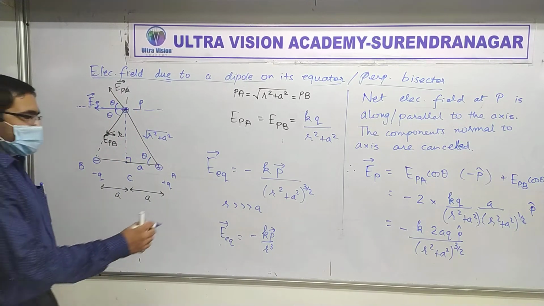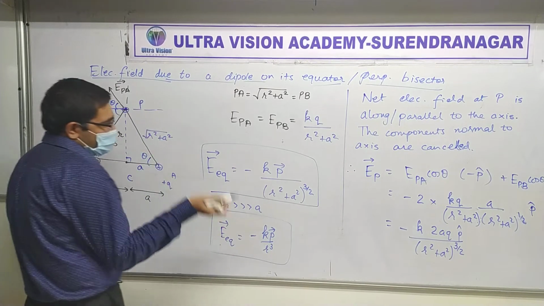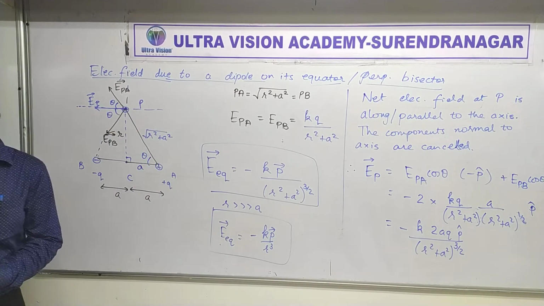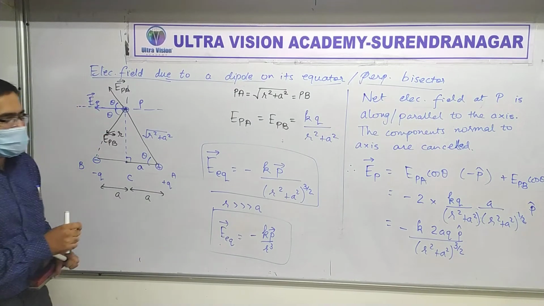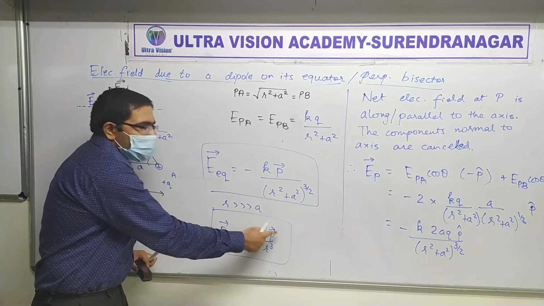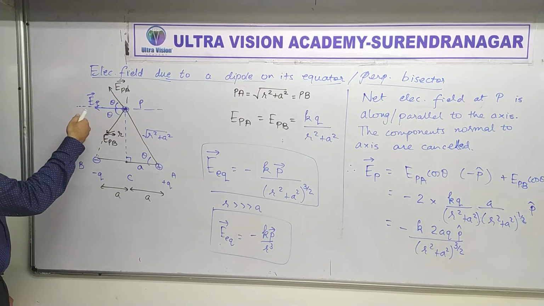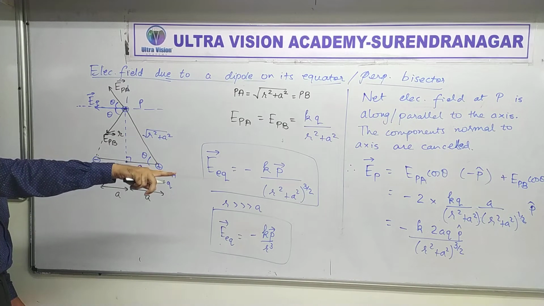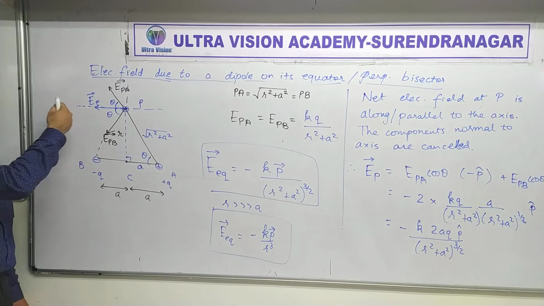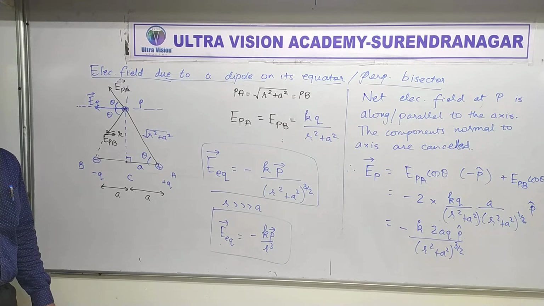What's the difference between this one, I mean, for short dipole, and the one for axis? Do you notice something? There is a minus sign. So this electric field is in which direction? Opposite direction to dipole moment. Did you see it? Opposite to dipole moment. Dipole moment is right side, correct? And this electric field is towards the left side. Understood? Yes or no? Yes.